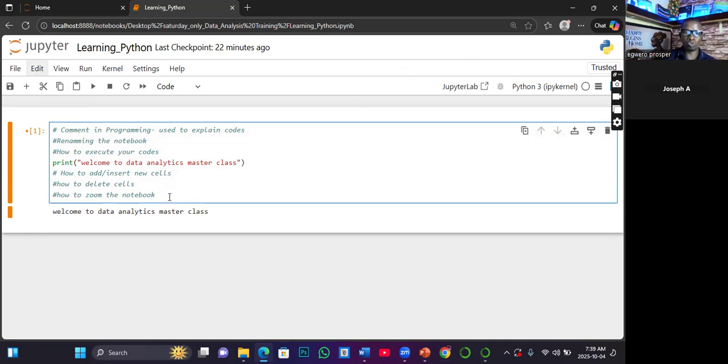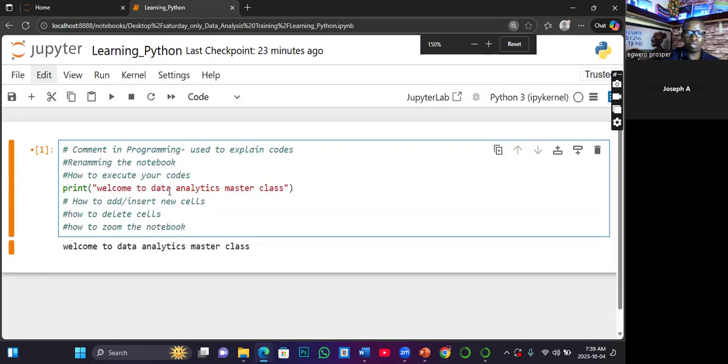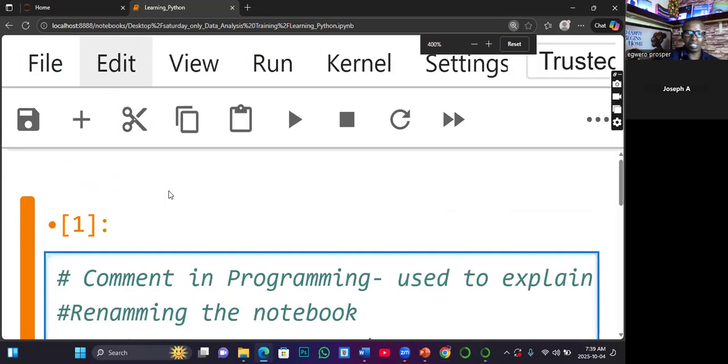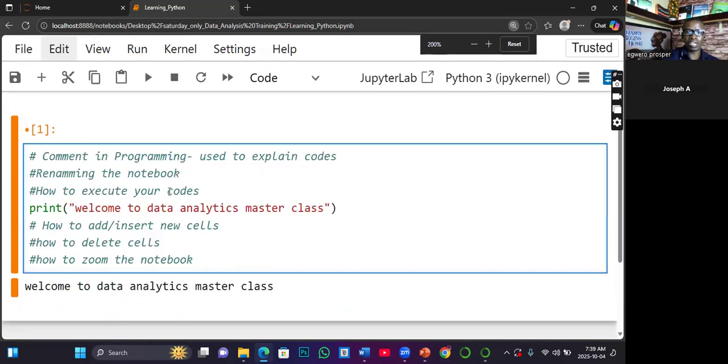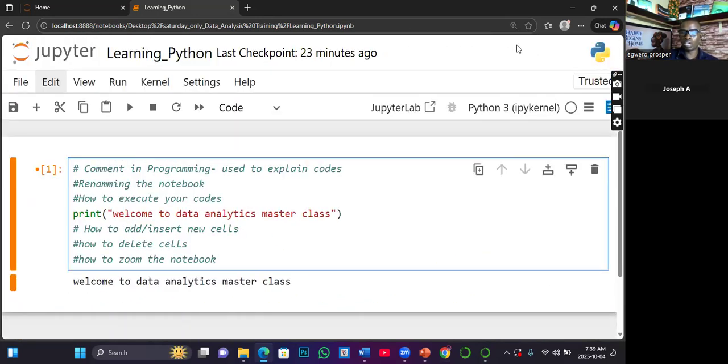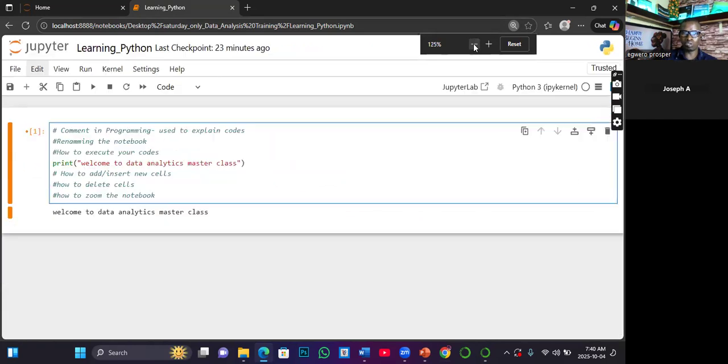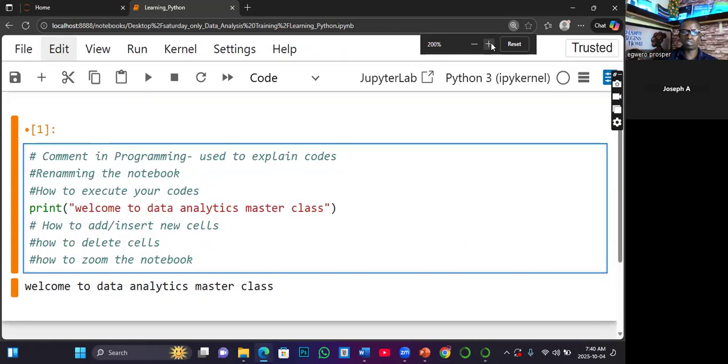You can press the Control button once you are on any of the cells and hit the plus sign on your keyboard. See, that can zoom in. And then while you are still holding the Control button, you can press the minus sign, and that can shrink. Or you click on this zoom icon here, and then you can see the minus sign. You can click here to zoom in, and then here to zoom out.